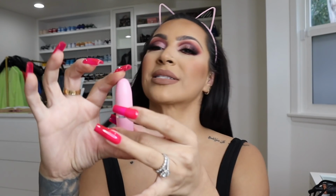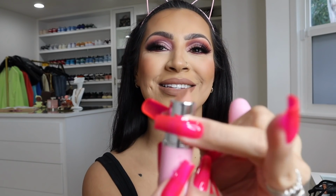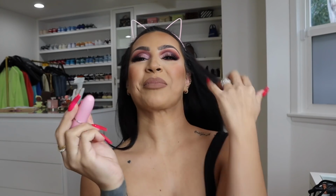And next I'm gonna go in with my lipstick, which is this super cute pink bullet. It says Evettexo Beauty Creations, and look at the details. Do you guys see how cute this lipstick is? It has a little heart. I don't even want to mess it up. I just packed my bag, but I don't want to mess up my cute little heart